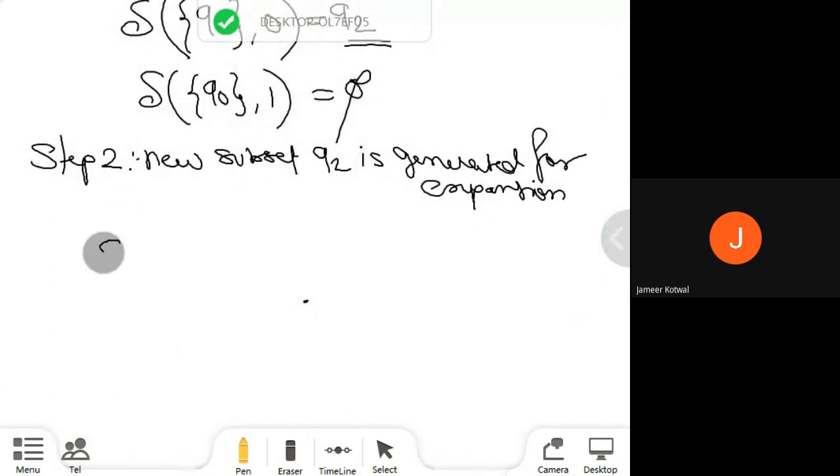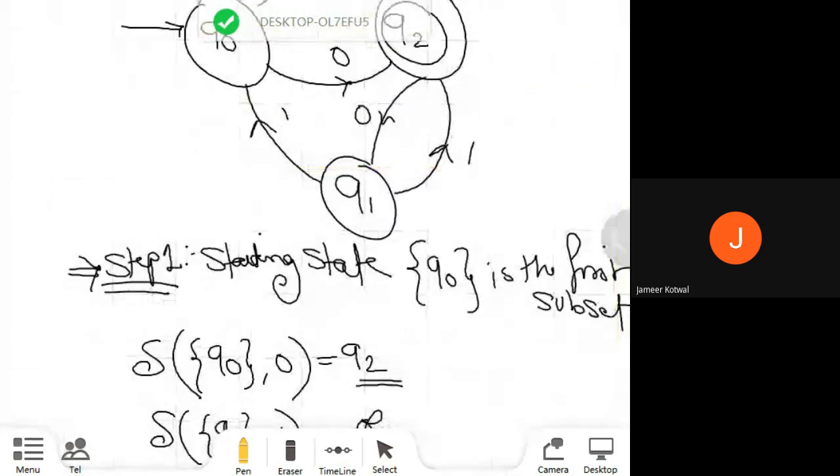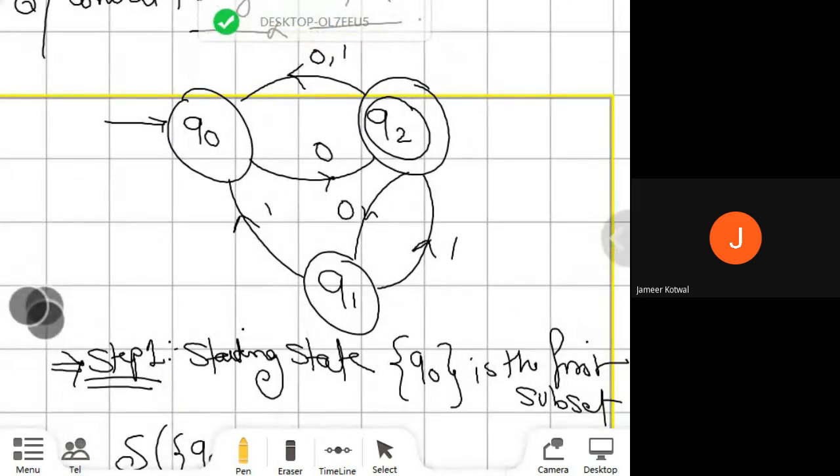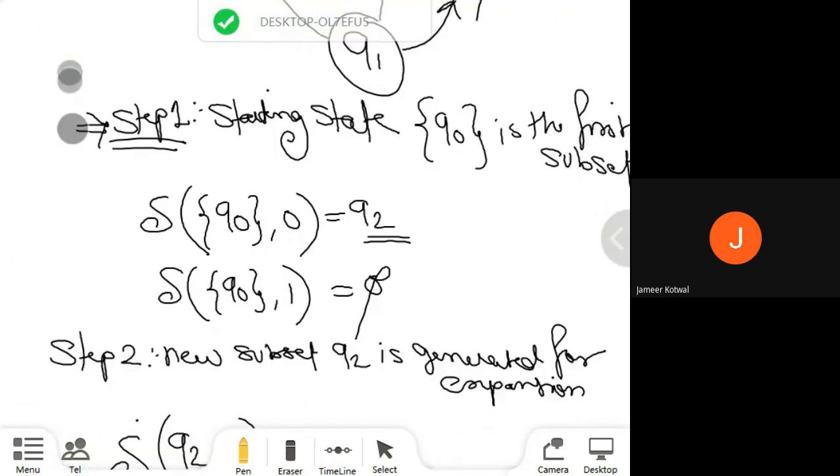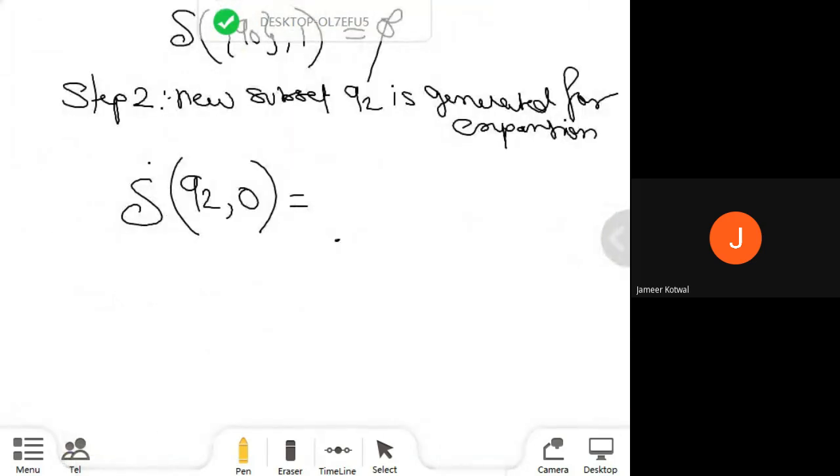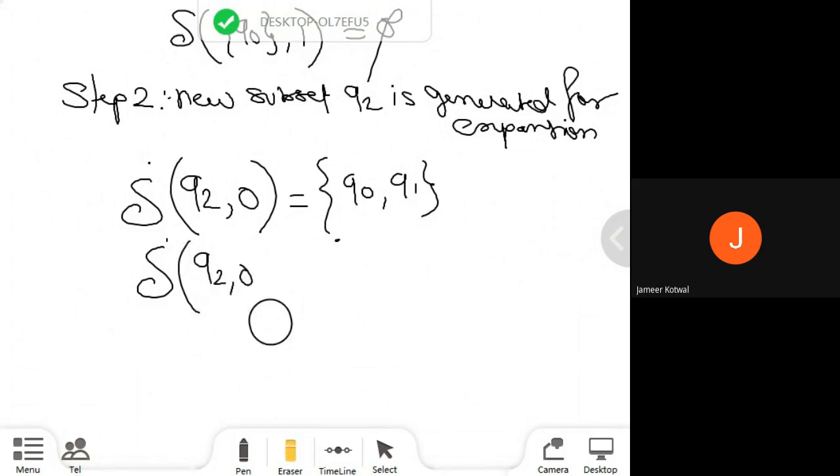So transition of Q2 on 0: in the Q2 state, by processing a 0, it reaches multiple states, the Q0 state as well as the Q1 state. Same as in the Q2 state, you process 1.